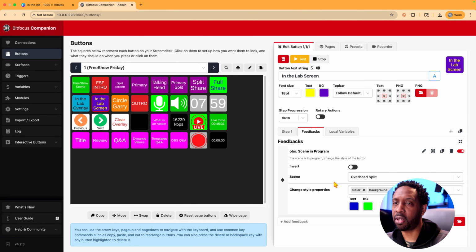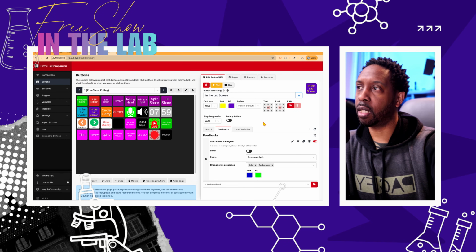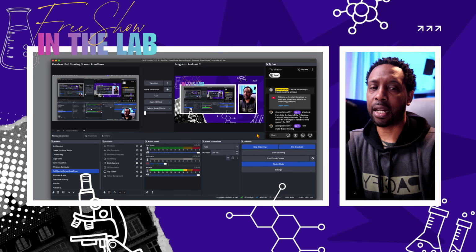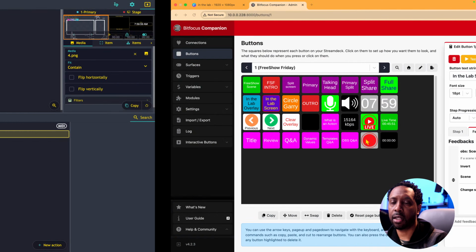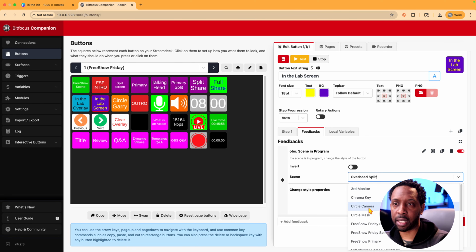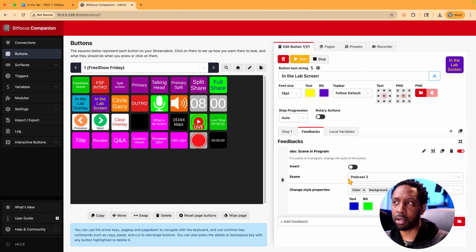But I want this to give me some feedback. I want it to change, and it automatically shows those, which is great because it already had that in there from before. So now when I select this, it does that, which is great, but it did not change that background. It's because I got it set to this overhead split. So the scene doesn't need to be overhead split. I always forget that. It needs to be Podcast 2. Boom. So now when I go to Podcast 2,